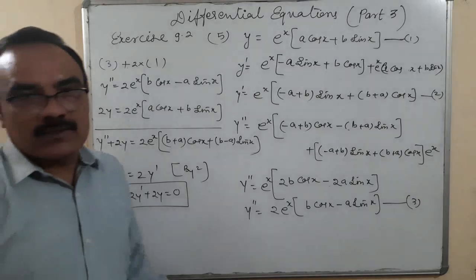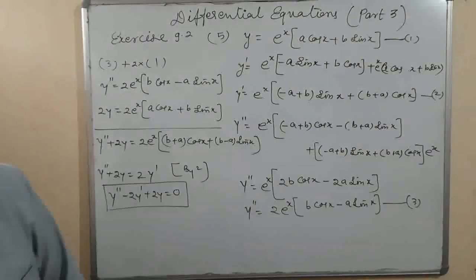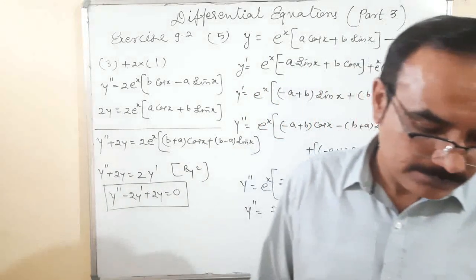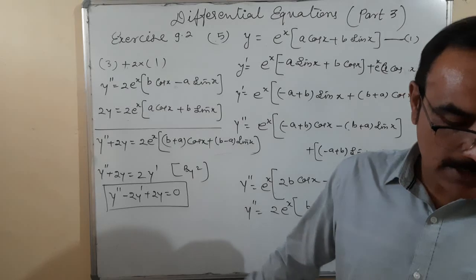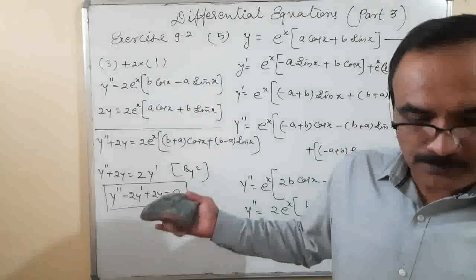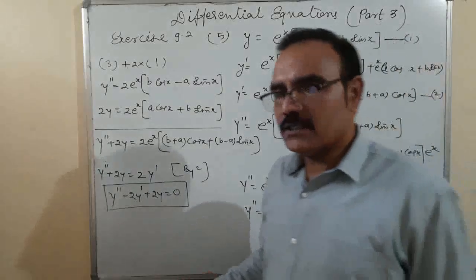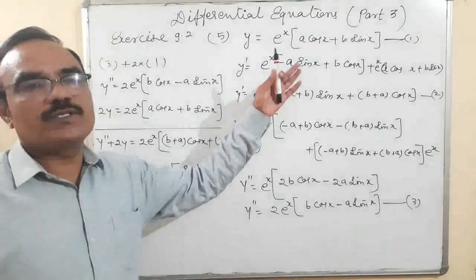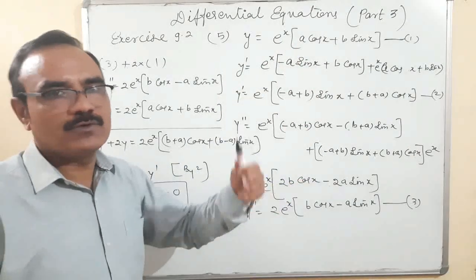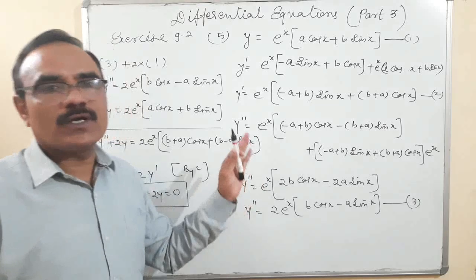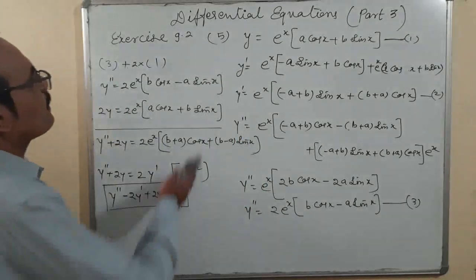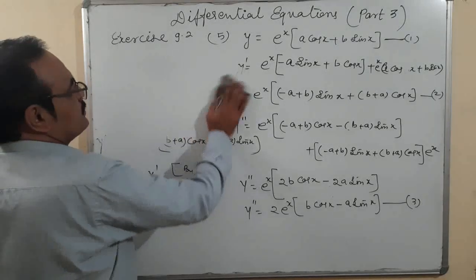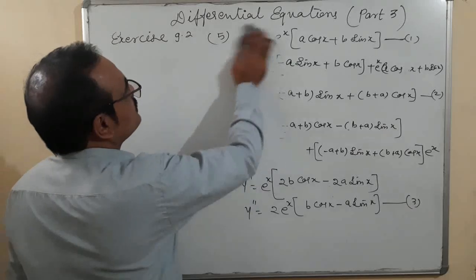Clear? So these are the procedures by which you can solve the questions, you can eliminate the arbitrary constant. So these are the procedures to be used. Means you are using the terms and you can understand which term should be multiplied, which number is multiplied, which is divided, so that eventually we want to eliminate a and b. This is one thing that you have to keep in mind and then solve the general solutions.